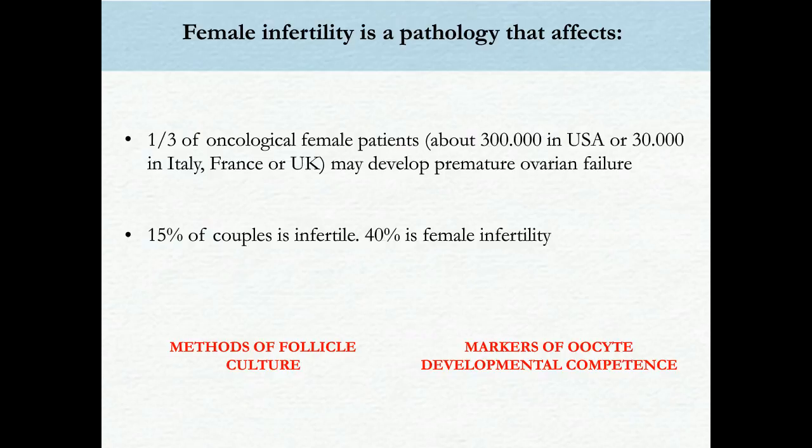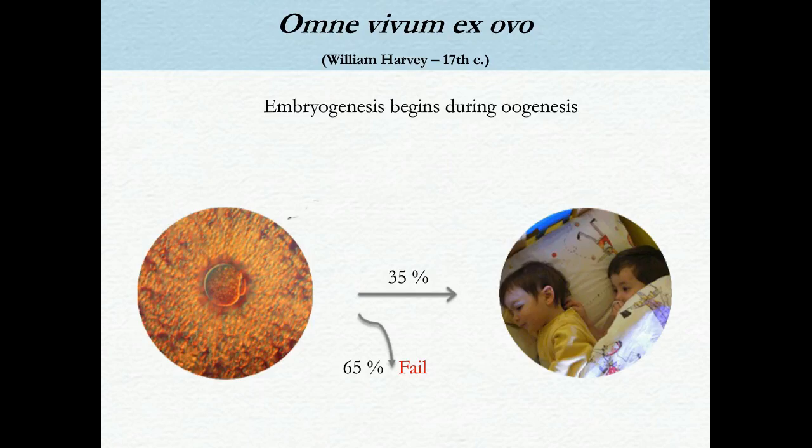In our lab, we are working to try to find markers of the oocyte developmental competence using the mouse as model animal. Finding markers of the oocyte developmental competence means understanding how the oocyte acquires during its growth within the ovary the capacity to sustain development. First, let me give you some background.